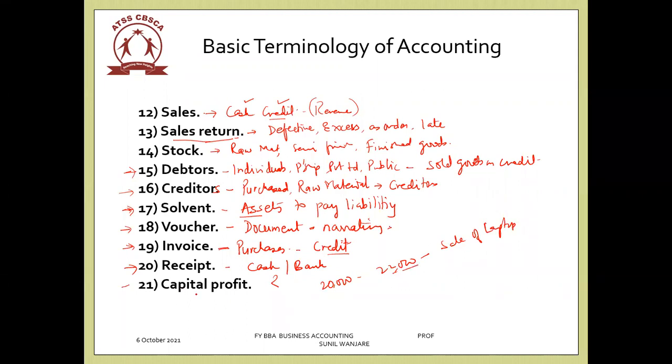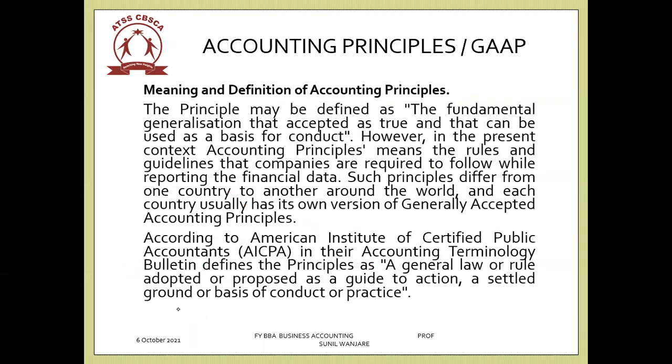What is capital profit then? Capital profit happens when I sell my asset, my dear students. Suppose I'm into consulting business, providing training. In that training business, I have a laptop and a projector with me. These are my assets. When I sell this laptop or projector at a higher price than what I purchased it for, and I get a little extra money from that, it is called a capital profit. So when I'm earning profit on sale of an asset, it is called a capital profit. Are you with me, students?